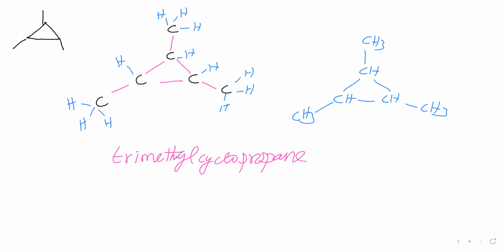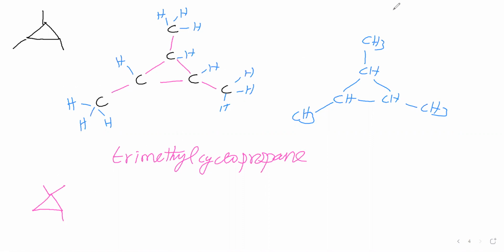For the position of the methyl groups, do we have to say or not? That we will see. Position of methyl groups we must say. Why? Because now you see, we can write like this also. If you write like this, see, it is a triangle. Here 2 methyl groups, here 1 methyl group. So these two are isomers, isn't it? Therefore, we must say the position.